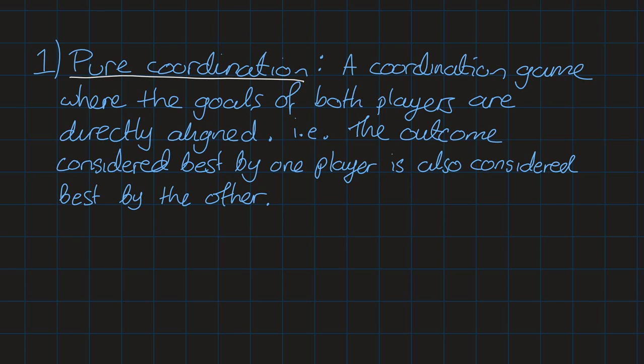So a coordination game where the goals of both players are directly aligned. Okay, this is the important bit. The goals of both players are directly aligned. This is a pure coordination. I.e., I could paraphrase this by saying the outcome considered best by one player is also considered best by the other player. So if we think about some examples for this,